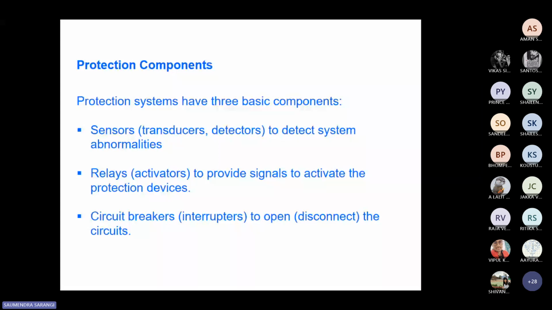Similarly, if the fault is not detected, it means there is a high resistance fault. If we are talking about the fault current, this is the source voltage, we have some reactance in the line, the load is connected here, and the fault has occurred. The current is equal to voltage divided by the impedance ZS. If this impedance is less, then the current will be high. But if you have a fault resistance, that is, the resistance through the fault path is very high,